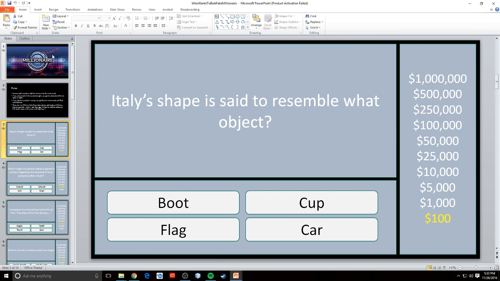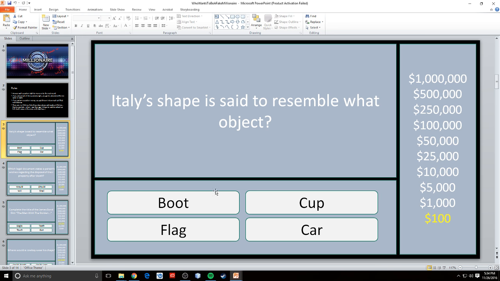Now, the way I did this was, all I did was I created one slide, made my shapes here, and then wrote a question, and put my question scale here, and I colored one of them yellow, kept the rest of them white.